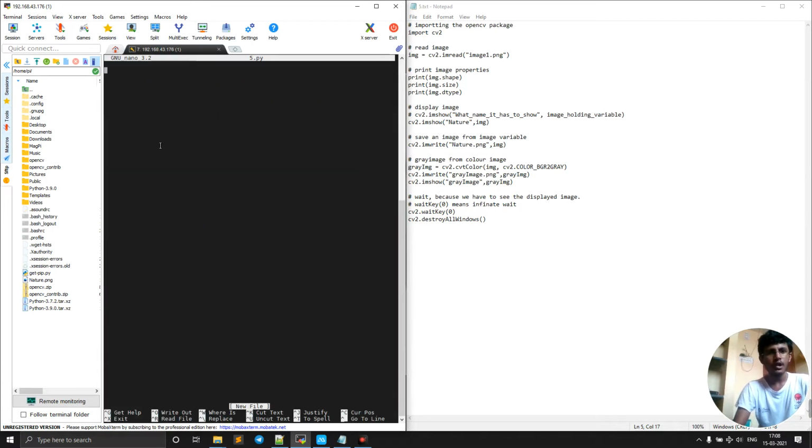So here now I need to import OpenCV. Here we have all these syntax, that means how to import and all these things. This I'm going to share. Just for the syntax, import and image equals cv2.imread, these are the syntax that is available on the OpenCV official website. So first of all I need to import the package, that is import cv2, that means I'm importing OpenCV.